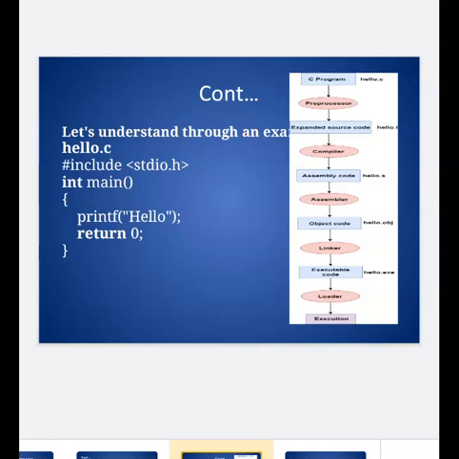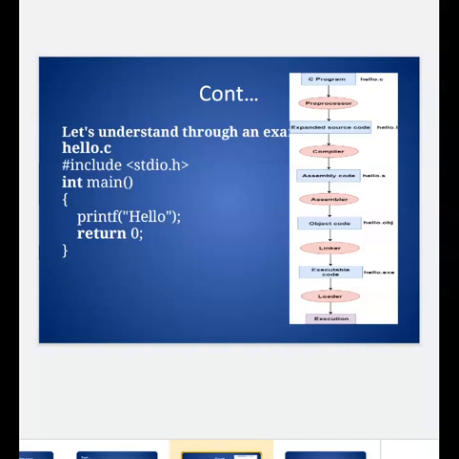When this source code is given to a preprocessor, the preprocessor generates an expanded source code by including the stdio.h file in the main file, and the expanded source file hello.i is generated. Actually, the source code is hello.c. After pre-processing, it generates hello.i.